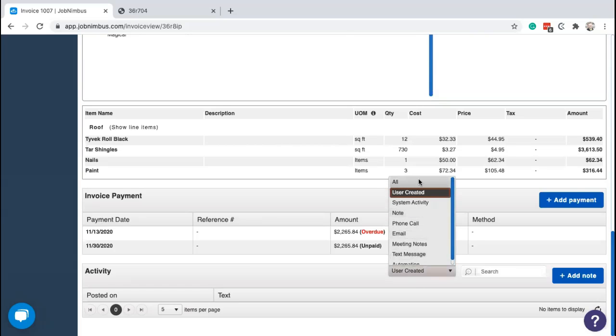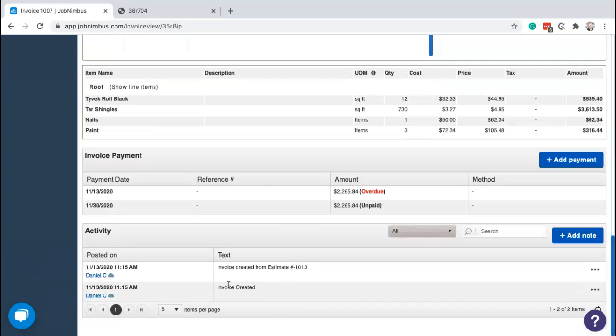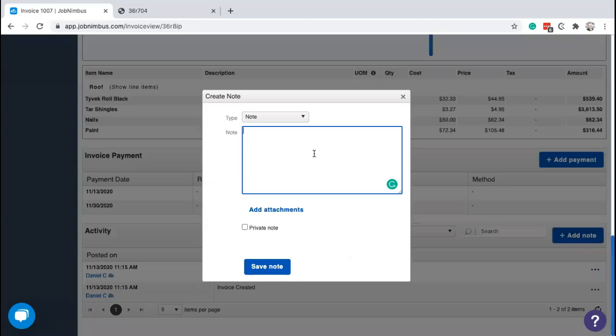This is really useful if you want to see what's been going on with the invoice. So I can see that it was created and it was built from that specific estimate. If I chose to edit it, then it would also show me in the activity feed, oh yeah, this is when it was edited, this is who did it, and I can see even a little bit of what was changed. I can also add an internal note